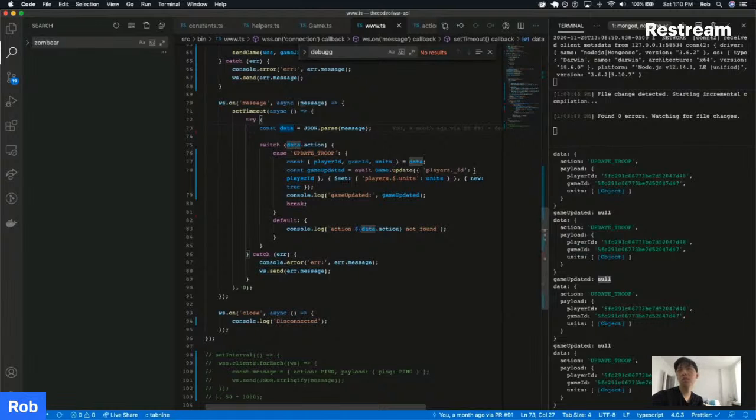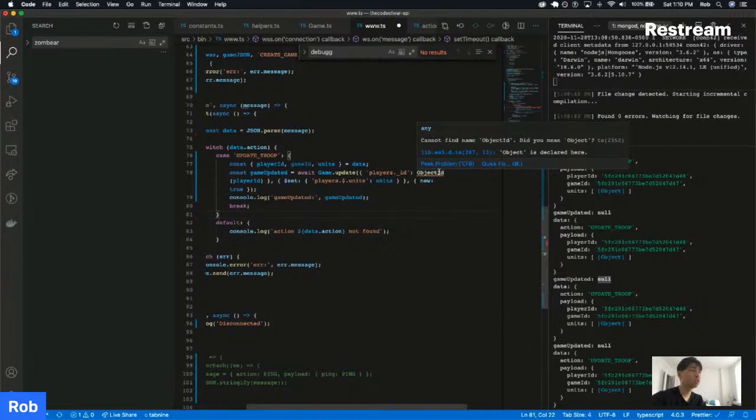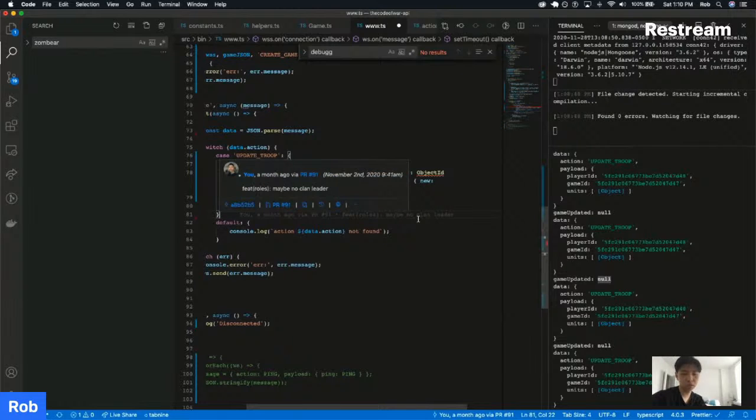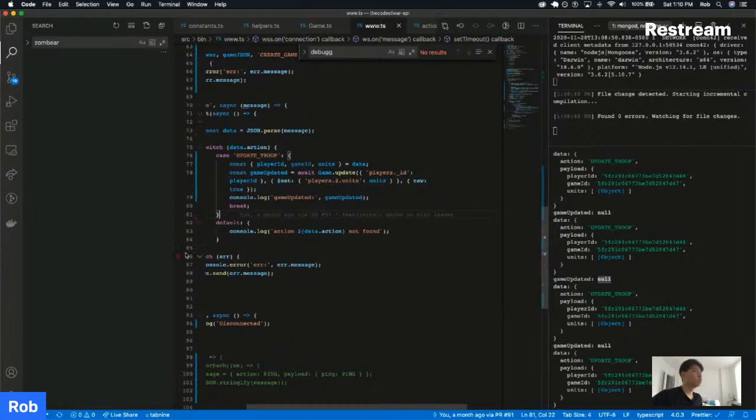So that was here. Object ID. That's not a thing. Let's leave that alone. So we are updating information ID players dot ID, because information is an array, and we're updating it where the player ID is what I sent in. We're setting